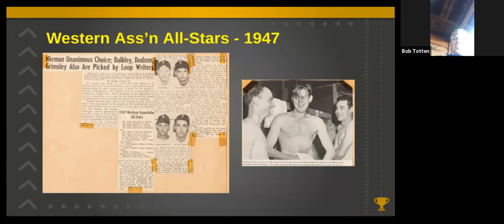And after the season, Lee Dodson reminded Fido Murphy that he'd promised to pay him a bonus if he won 15 games. Well, Dodson won 18 games in the regular season and 1 game in the playoffs. And Fido reneged on the offer. He said it wasn't in writing, so he wouldn't pay him.